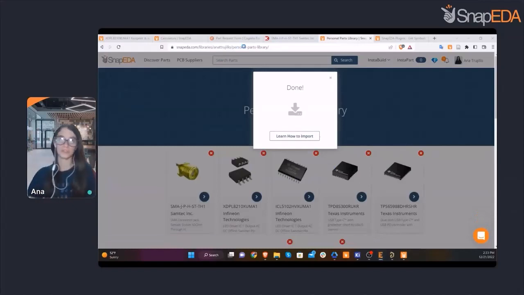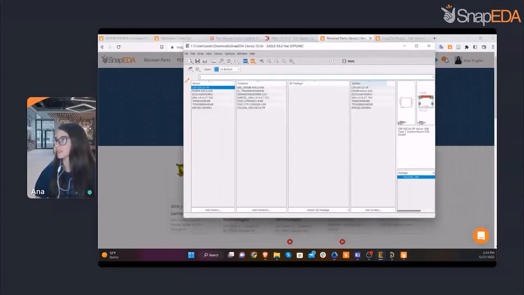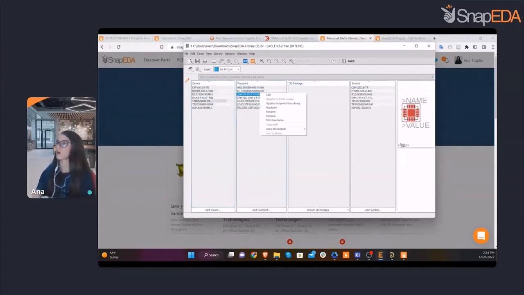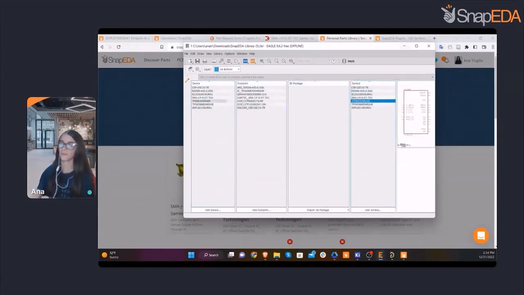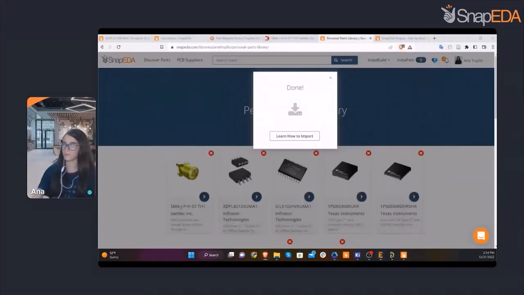So just a quick tip to keep in mind when downloading parts. Here is the part that I downloaded, the library, and then I have all the symbols and all the footprints on my device, so you can just use it for your personal use.